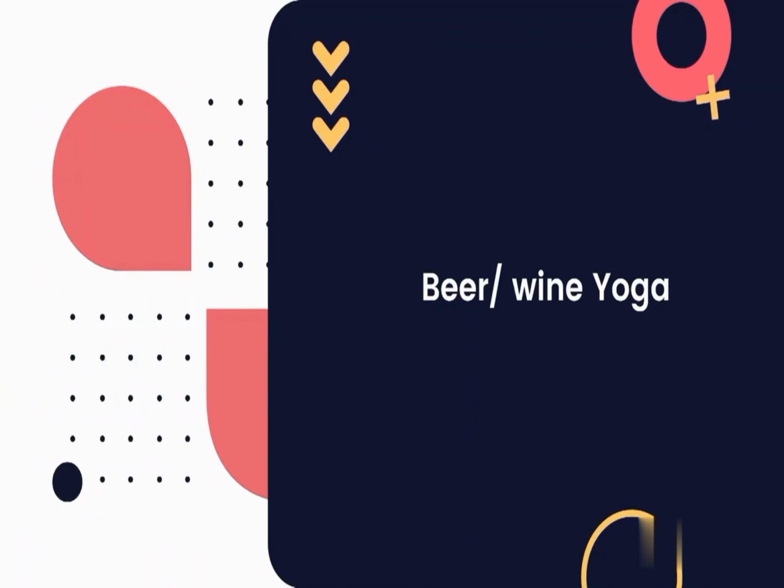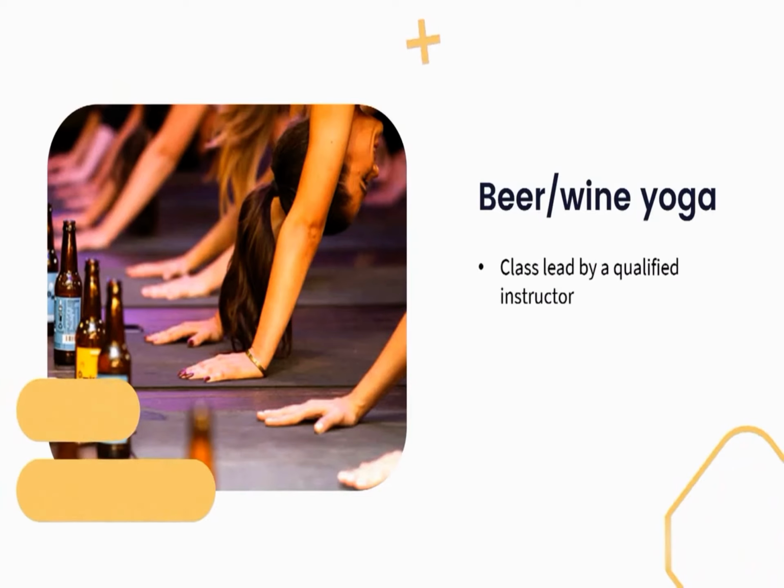Beer or wine yoga. In this type of yoga, the practitioner has an alcoholic drink of their choice near their mat and is led through a class by a qualified instructor. The instructor will tell the class when to drink and will aim to incorporate the beverage